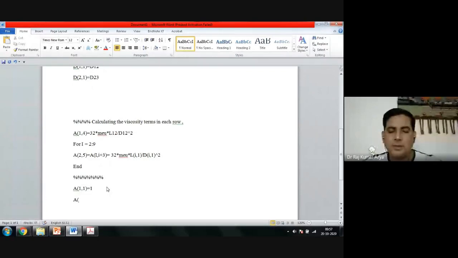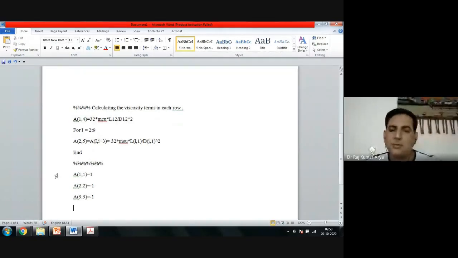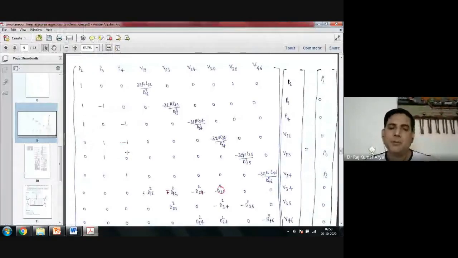Then you have A2 comma 2, we can write it minus 1. Then 3 comma 3 I can write again minus 1. For this I need not think of a general program, because these are just three values I can write, and moreover I am writing a problem specific program. Problem specific program means which will work only for this problem, it will not work for anything else. Correct or not? So I should think for my comfort also. Same thing I can write for this also.